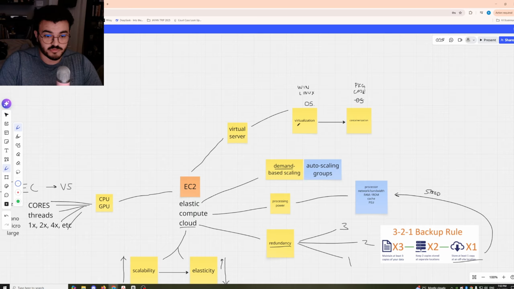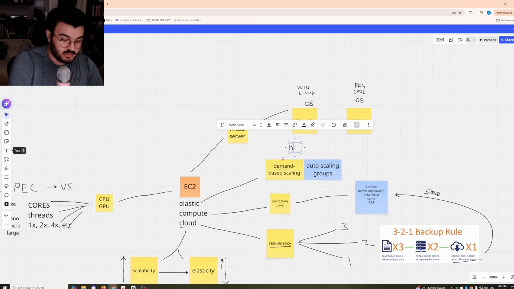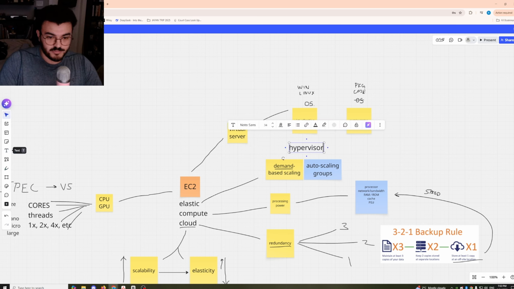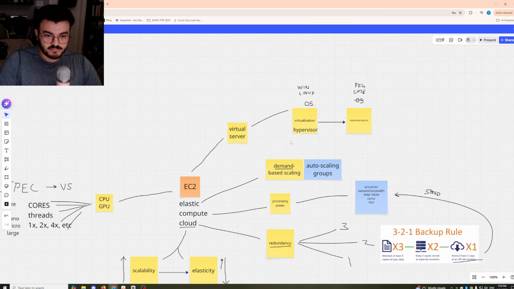I also know that for virtualization, it typically requires a hypervisor, and the hypervisor basically manages, if you have a bunch of different virtual machines. That's another thing. Virtualization, virtual machine, virtual server. It's pretty similar. At least the words are.